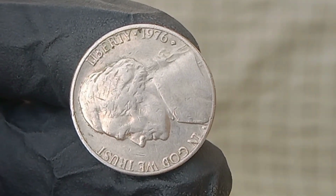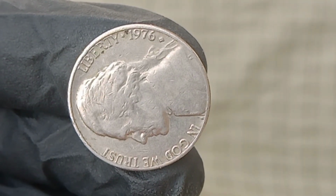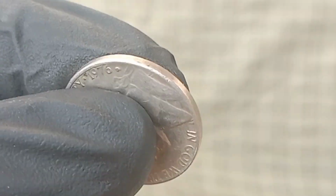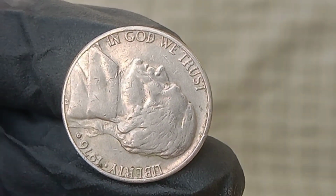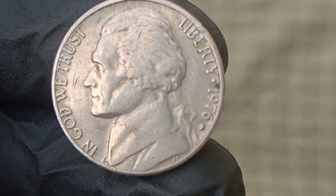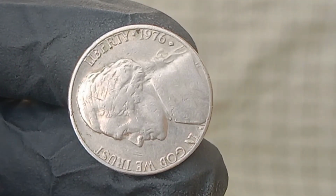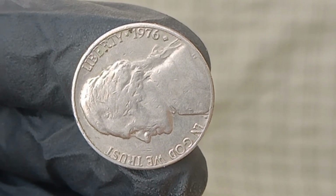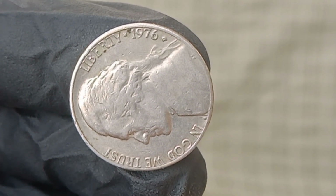And though experts have pored over every available record from the Philadelphia Mint in 1976, no internal documentation has ever confirmed the existence of such a strike, suggesting either that it was unrecorded, lost, or never officially sanctioned, and that gap in the archival record only intensifies the intrigue, leaving collectors to wonder whether there are more of these miracle nickels hiding out there in old change jars, estate collections, or forgotten drawers, waiting to be discovered by someone lucky or observant enough to notice the subtle misalignments, the telltale doubling, or the ghostly die clash that hints at something